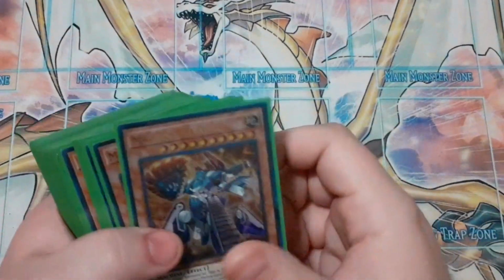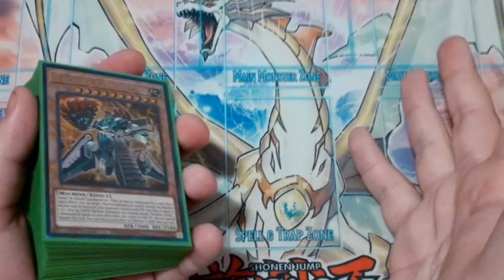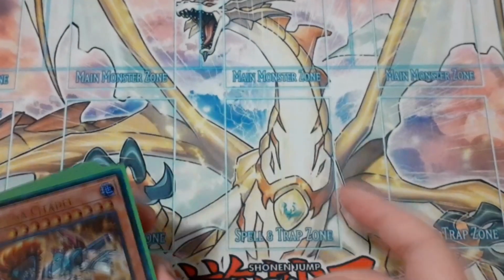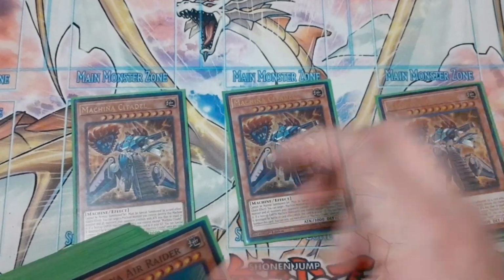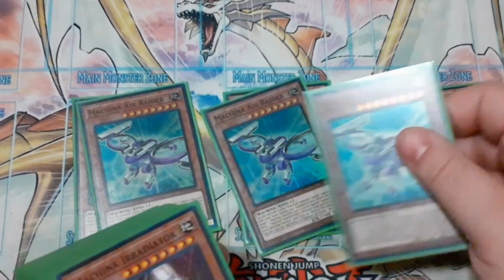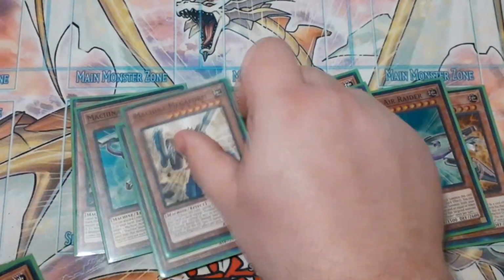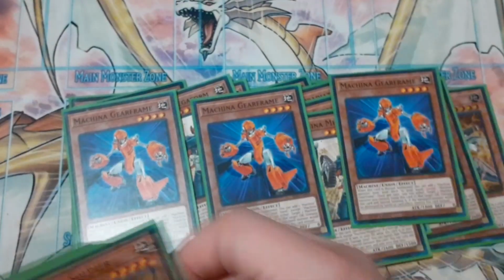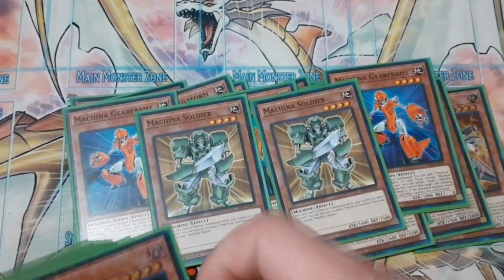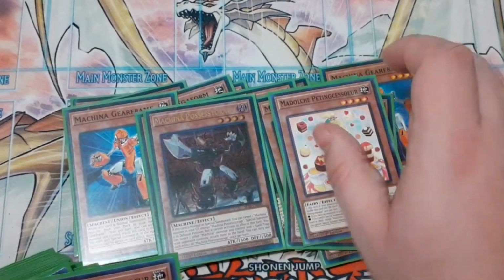Alright, this is the deck profile for our second week. I did not have the one for the first week, sadly, but I do have this. So I want 3 copies of Citadel, 3 copies of Aerator, 2 copies of Radiator, 2 copies of Fortress, 2 copies of Megaform. Then to our level 4s, 3 copies of Gear Frame, 2 copies of Soldier, 2 copies of Process Storage,